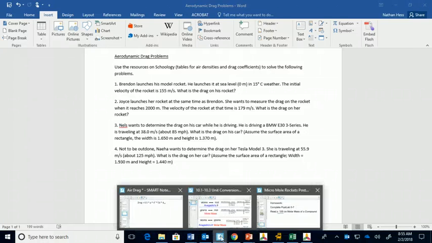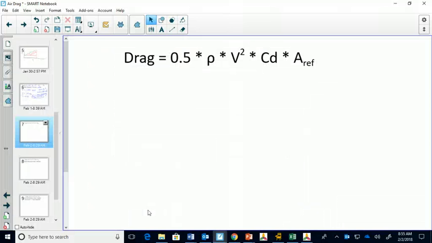We got our equation, right? The drag is 1/2 times rho, the air density, times velocity squared. Don't forget the square. Times CD, the coefficient of drag, and then the area of reference, the aerodynamic area of whatever it is that we're launching or moving or flying through the air that we want to find the drag on. All right, so in this problem,